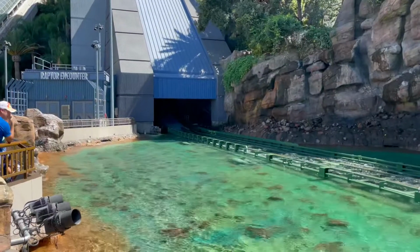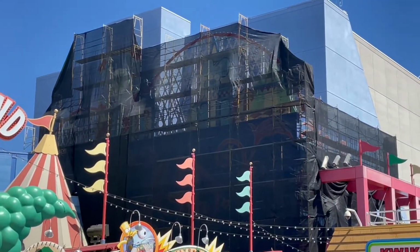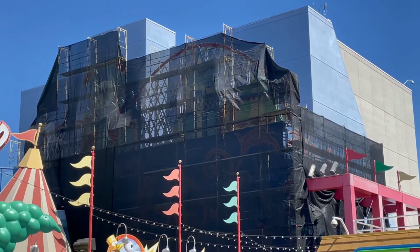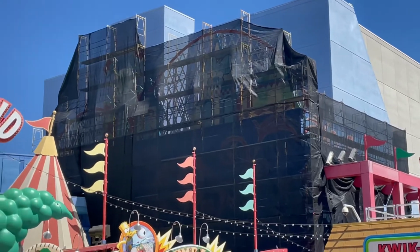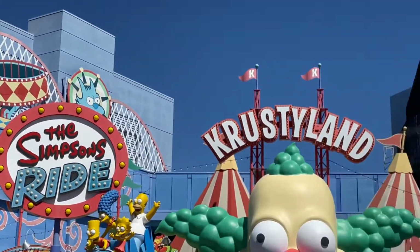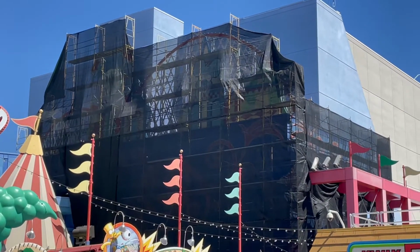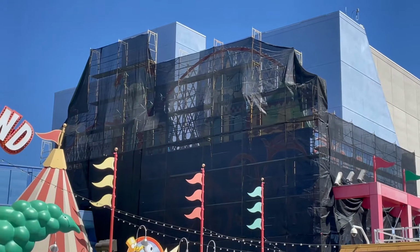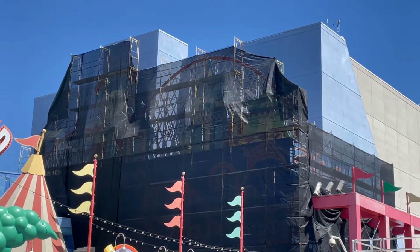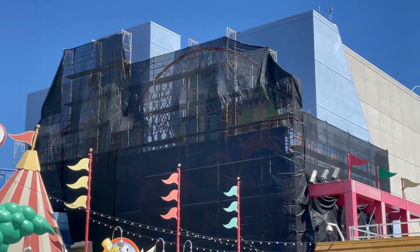So refreshing. Still got some painting and refurb work going on the exterior of the Wright Simpson Show building. Again, when they're finished with this, I assume they'll work on the left side and repaint that as well. But yeah, it's about the same as from last week. We watch this every single week to see if they make any changes to the facade, but I think it's